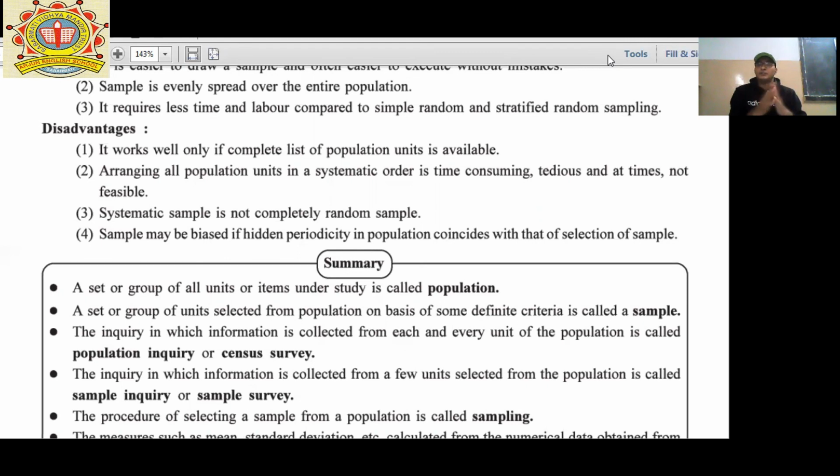And important questions from this chapter: first of all, the ideal methods of random sampling. Second, the meaning of these three methods. Third, the names of the random sampling numbers methods. So these three are the most important questions for this chapter, and the rest is what we have covered here. So finally, this chapter is over.